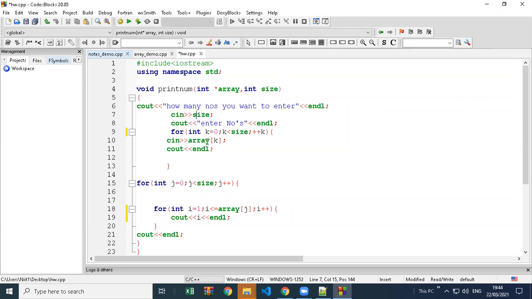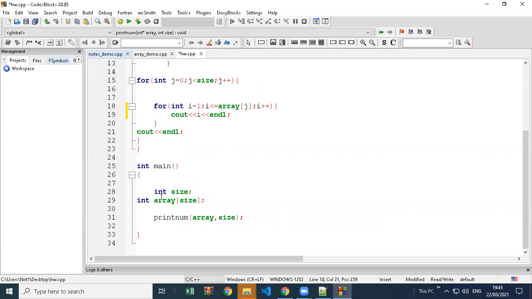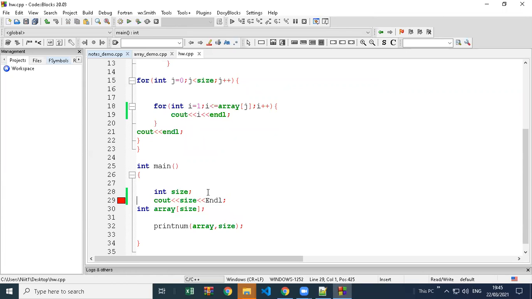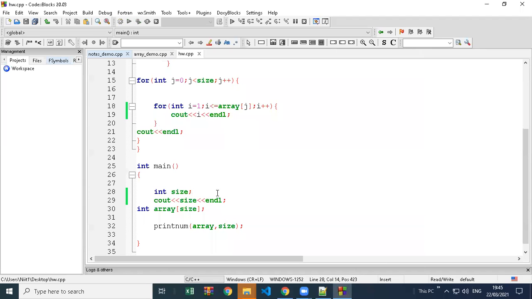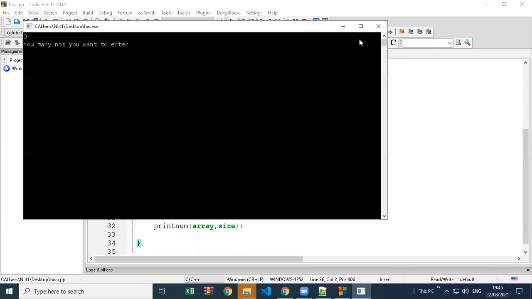And what is the main thing here in C++? You haven't created the array with a size before, because the size variable does not have any value. If you see what the default size value is, it takes a garbage value in C++. If you don't give any value, it doesn't have 0, it has some garbage value. Let's print. See, now it is showing 0. Sometimes it takes a garbage value, but if we run again, it still prints 0.